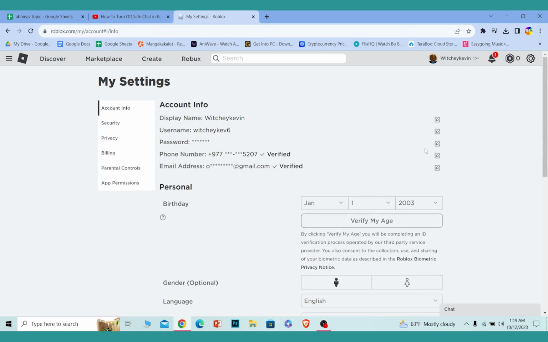Now from settings over here, in order to turn off your safe chat, you need to verify your age, which means Roblox needs to know you're above 18. For that, you can click on verify my age. It's going to ask you for your document and other stuff. After you provide all your documents and verify your age on Roblox,